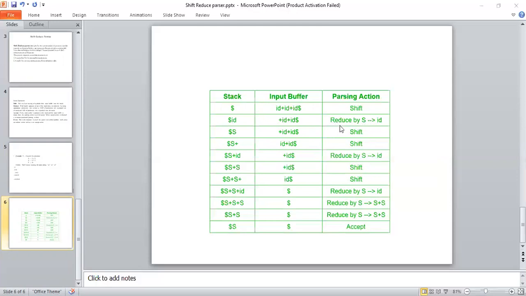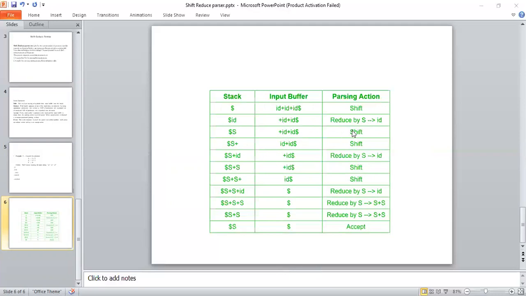So according to my reduce definition, replacing the right side, the RHS, by its equivalent LHS is called reduction. So this id value I'm popping from my stack, and its equivalent LHS value pushed into the stack is called a reduction. Same thing I did here: S tends to id, this id is replaced with S. Because of that, this id is removed from my stack, then its equivalent LHS value S is pushed into the stack. Now my stack contains dollar S. Then in my input string I have plus id dollar.